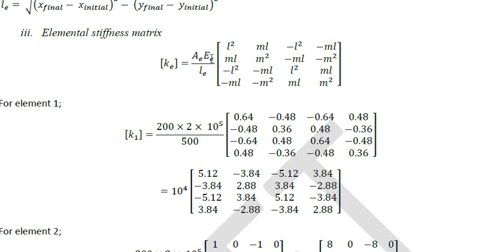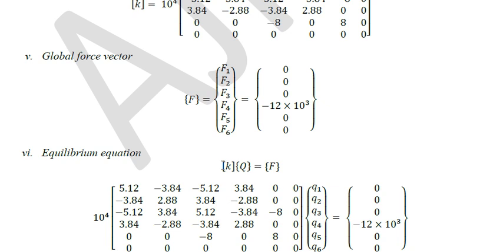The elemental stiffness matrix for a truss is given by A E by L times [L square, LM, LM, M square] with the minus terms here, the minus terms here, 4 terms, and the plus terms here. So this we have learnt already. Finally, by applying kq is equal to F, the F is the force applied. Depending on this equilibrium equation, we will find the displacements at each node either in x or y direction.